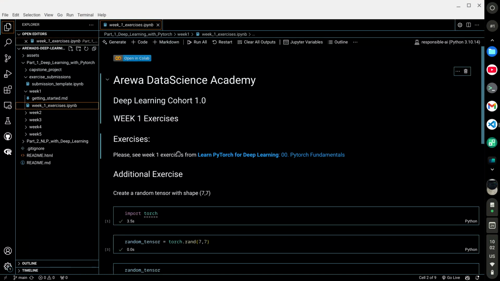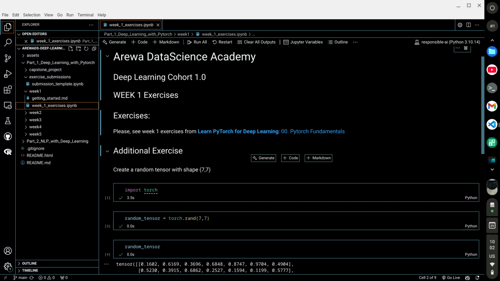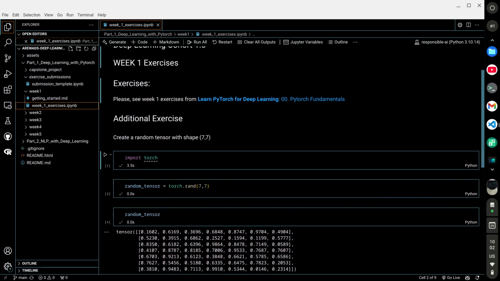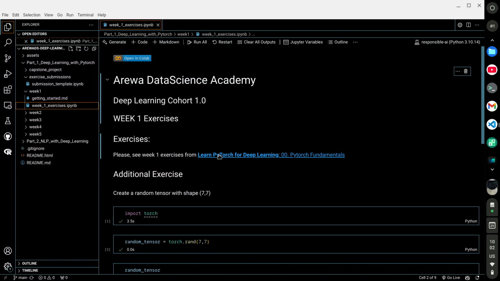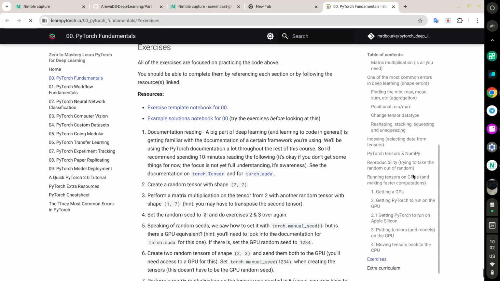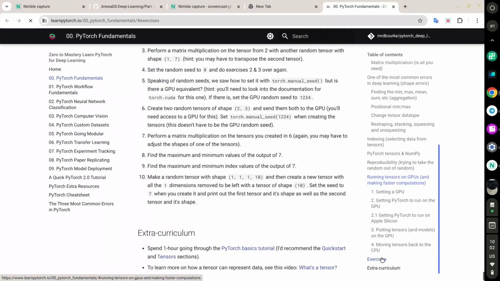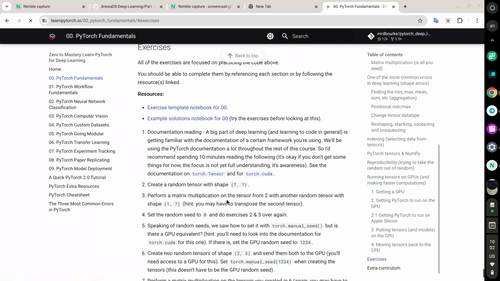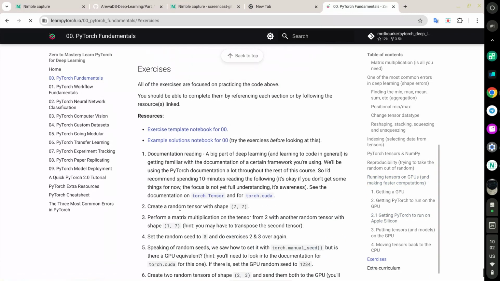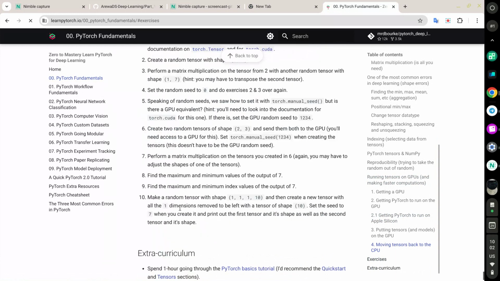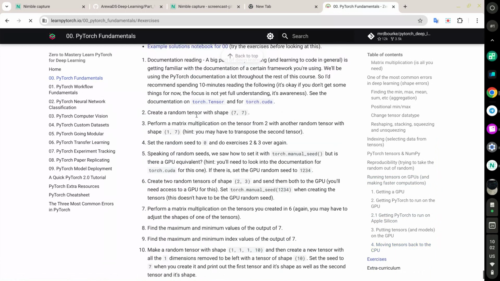The assignment is already there. This is week one exercises. Please say week one from this. So we open the Deep Learning with PyTorch folder, navigate down to exercises. This is exercises. So the first one is reading documentation, and the second one is create a random tensor with